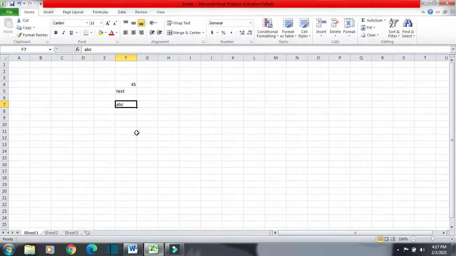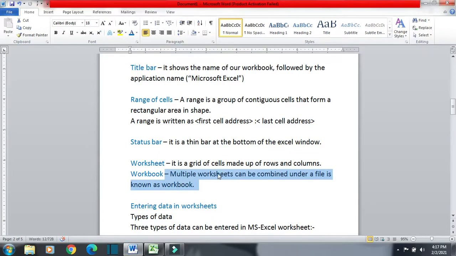Now suppose I save this file, sheet number 1, sheet number 2, sheet number 3, or if I add one more, sheet number 4, sheet number 5, all of these sheets will be saved in a file, and this file will be called a workbook. So we can say a workbook is a combination of multiple worksheets.